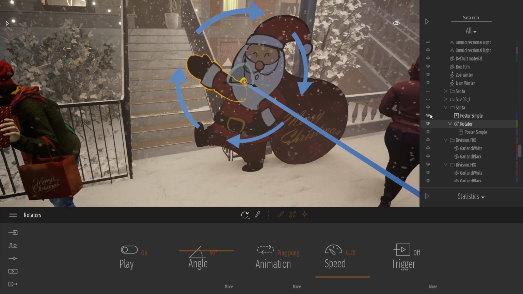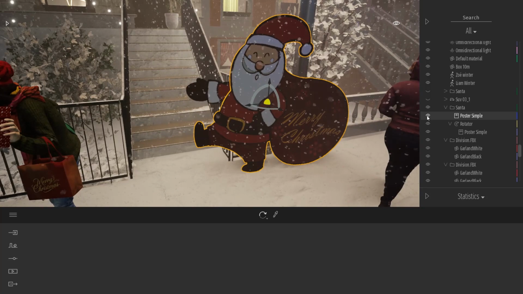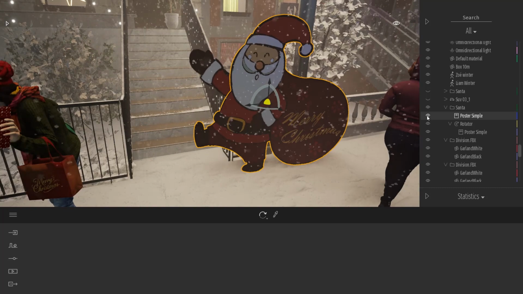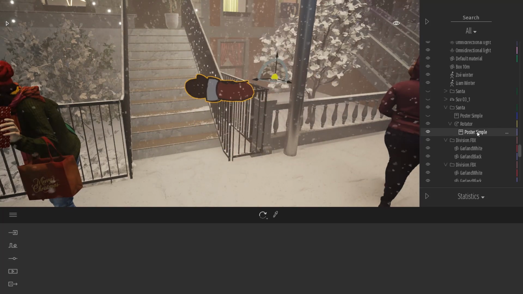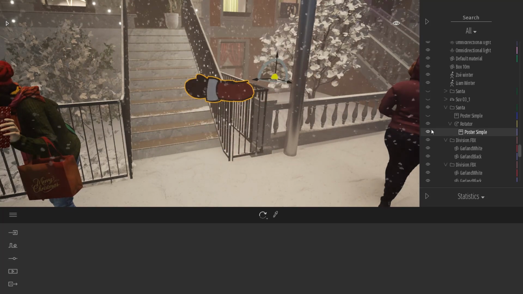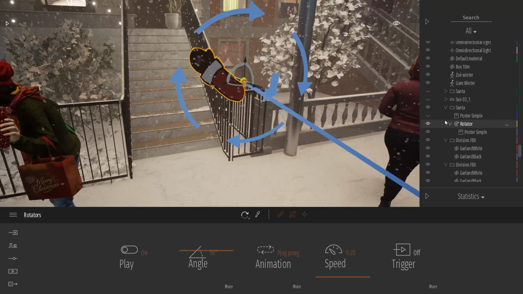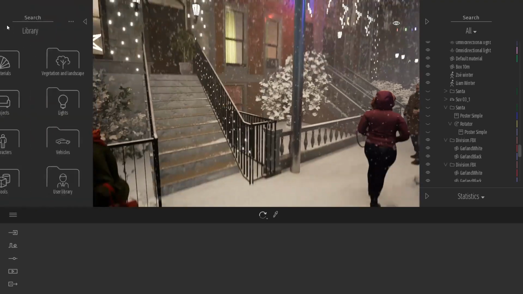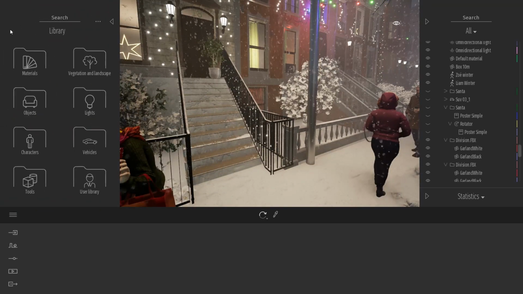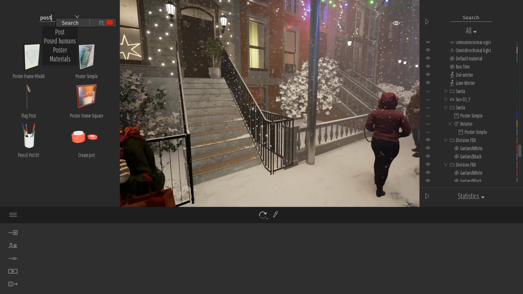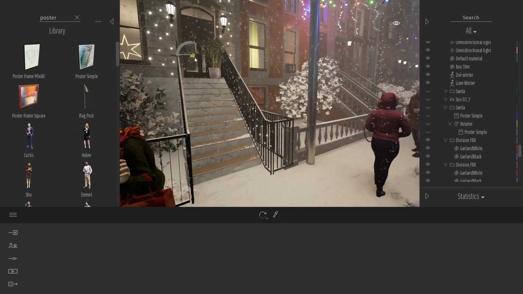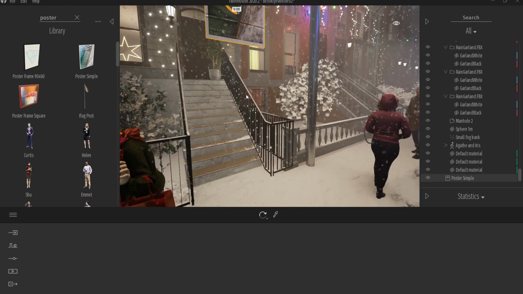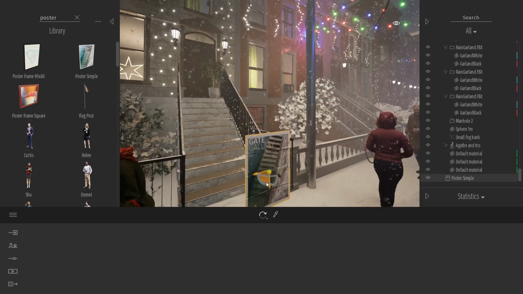I have a simple billboard, a simple image with the body of my Santa. And then here I have another geometry with just the arm, and I have affected the rotator just for this arm. So let me just try to show it right away how I did that. Actually, it's pretty simple. In the library, we have a poster. I've used this basic poster, which is just a simple geometry. Of course, you can use also your own geometry.